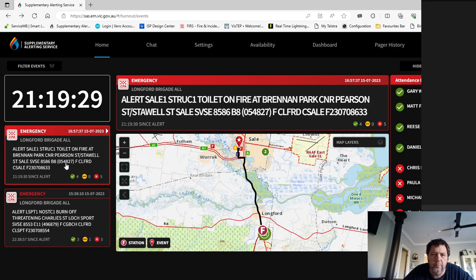Alert Support SALE Brigade. Structure Fire Code 1 Toilet on Fire at Brennan Park Corner Pearson Street / Storwell Street SALE SVSE 8586 B80542827 BRIGADES Paged. Longford Brigade. SALE Brigade